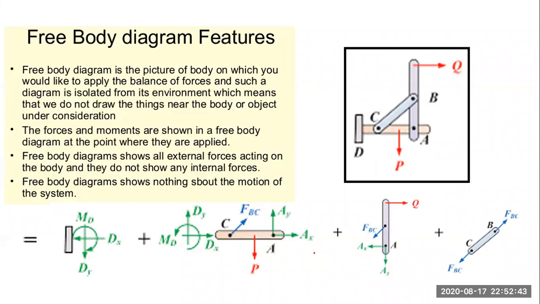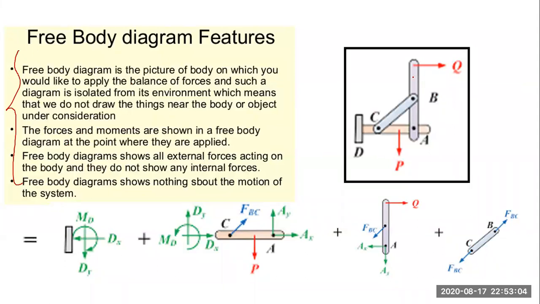We are almost at the last part of our lecture. We now know how to draw the free body diagram, how to isolate it, what to remove, how to replace, and what type of supports are to be replaced by what. Now, this is a complex diagram. Actually, there is a mechanism.